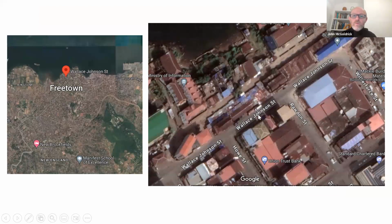This is what was Water Street, and I think that's the building that was the railway station for Freetown. The blue shapes behind the railway station, generally when you see blue in Freetown, those are temporary tarpaulins that people use for shelters. And while we were trying to find the tracks, we were walking right next to people's mattresses and people's bedding. So it was a very, very odd experience,